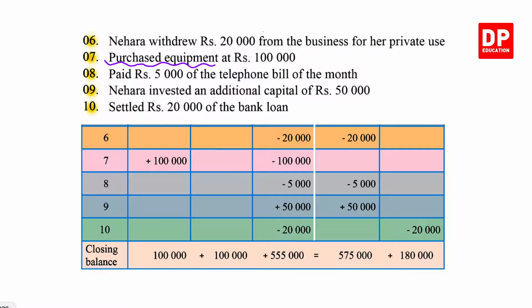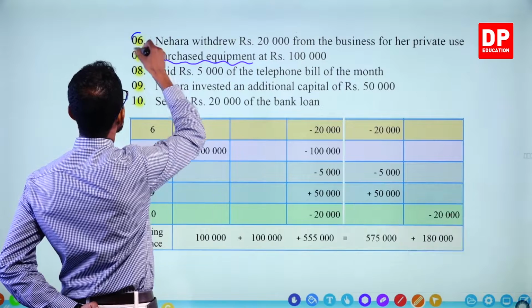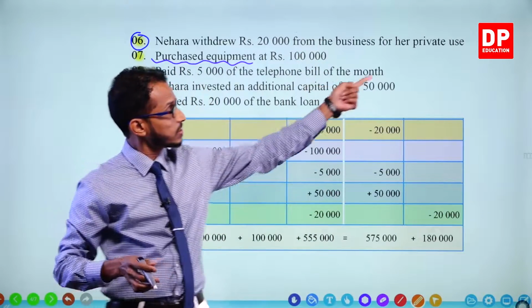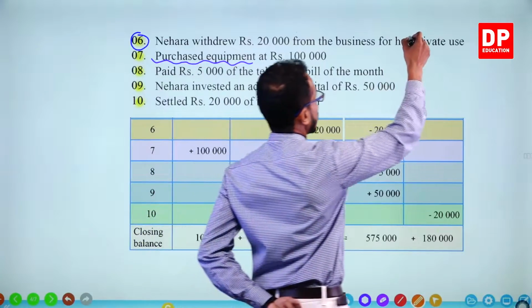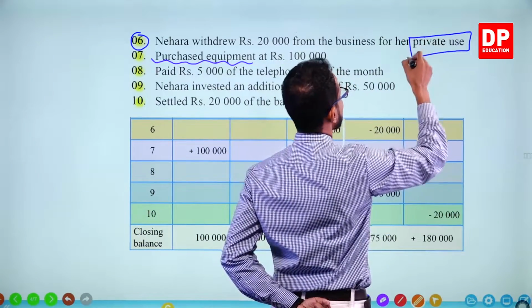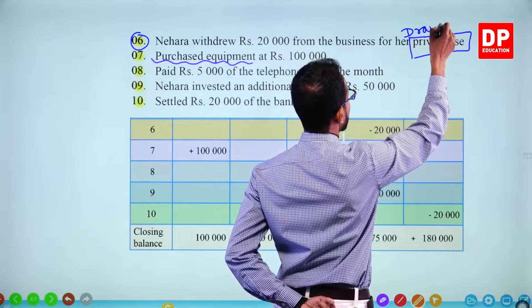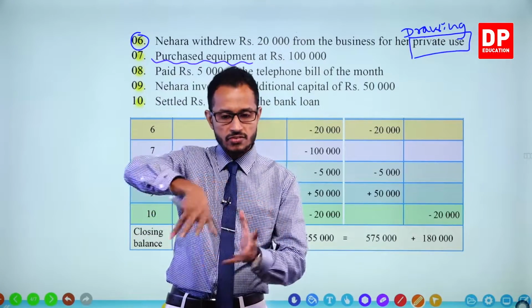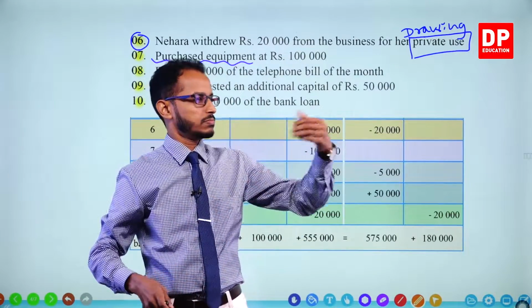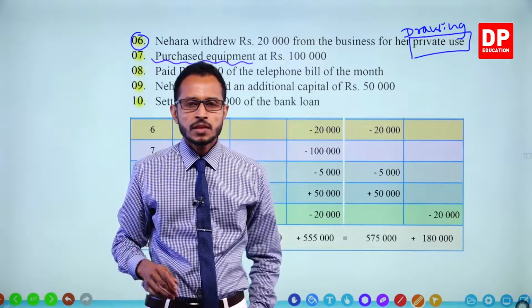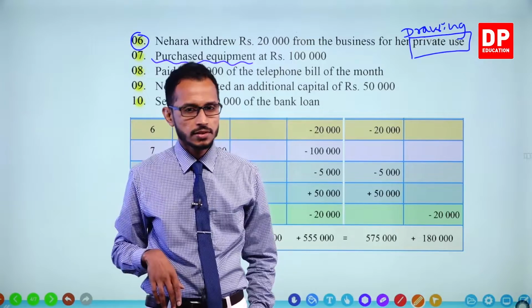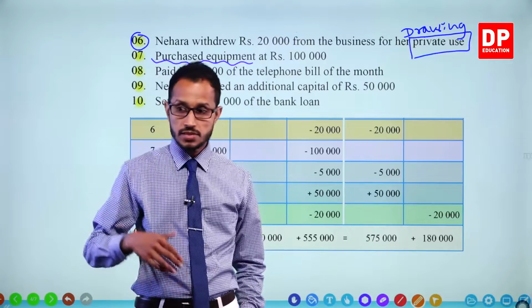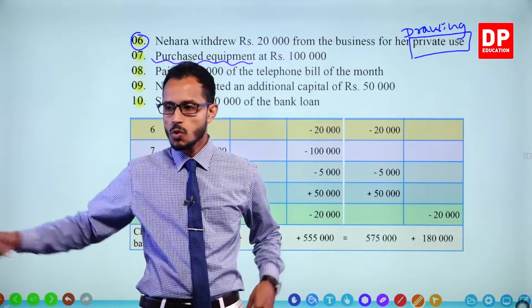Let's move on. Nehara withdrew 20,000 from the business for her personal use, private use. This is called a drawing. This is a drawing. Owners come into the business and take money from the cash till, from the cash we have, whenever they want. It's not a good thing, children. But we can't say no because they are the owners. They just walk into the business,